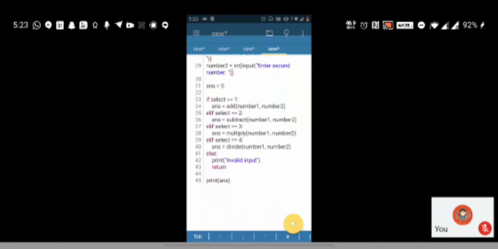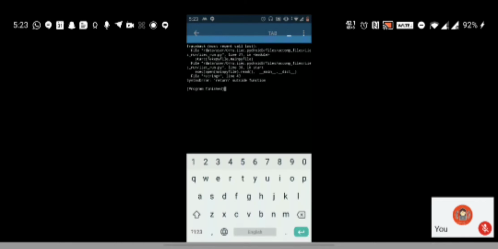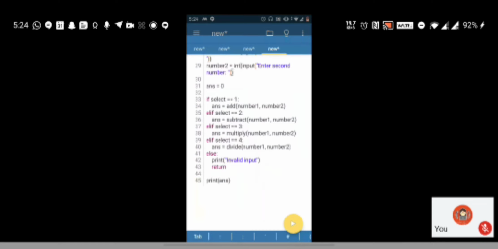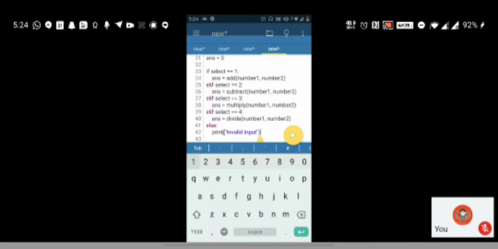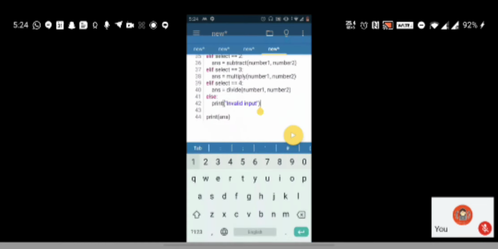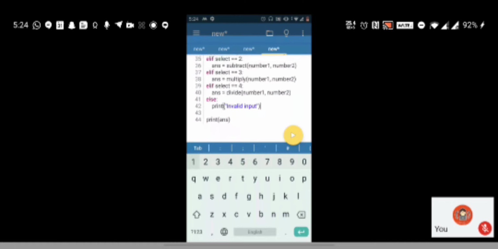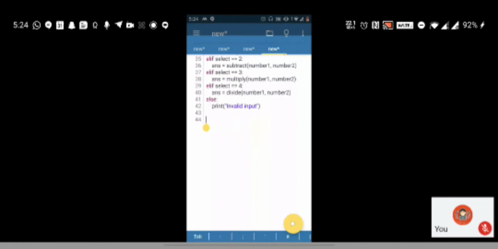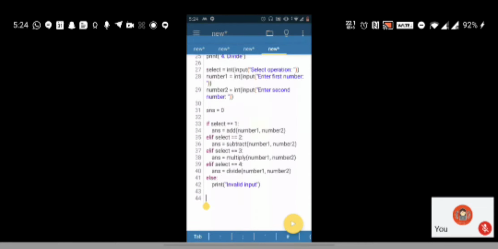So let me just see this one. Yeah, you cannot use return outside of a function. So maybe what we can do is just cut this.